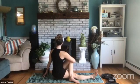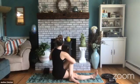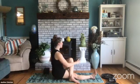Heavy through the left hip, equal weight through the pelvis, equal weight through the sit bones, shoulders relaxed. Slowly moving through center. Coming into a brief counter twist before we switch sides. Some of you might get a little pop or crack. Good, and then back through